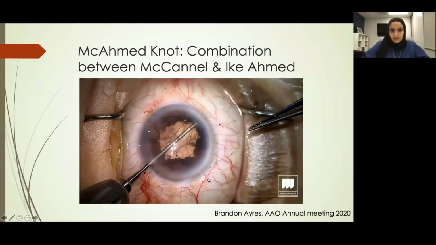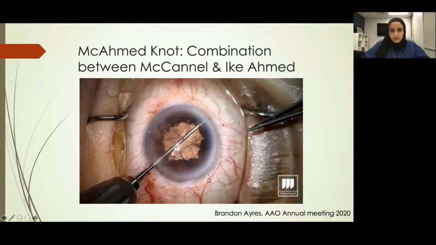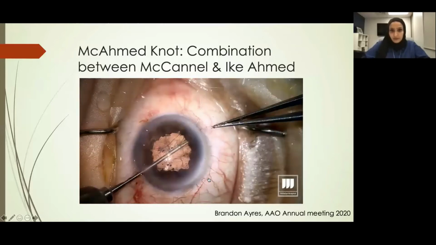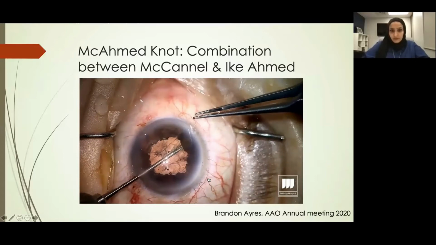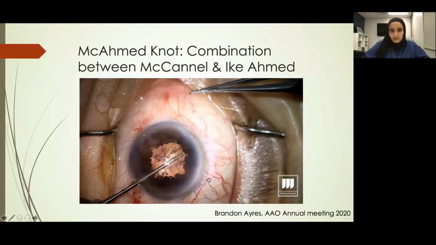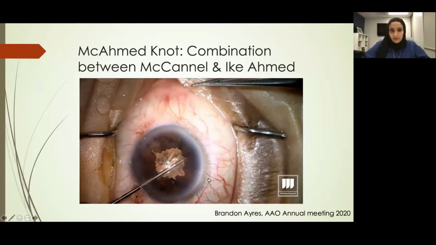Now we're going to use an intraocular tying forceps to grab onto one end of that suture. So we're pulling the knot, or the row of 3, into the eye. I'm going to grab one end of the suture with a traditional tying forceps outside the eye, then use an intraocular tying forceps to grab the other end of the suture inside the eye. So you can see here, if we put a little overlay in, through our single paracentesis, we've got one end of the suture being held outside the eye by a tying forceps. The other end of that suture is held inside the eye